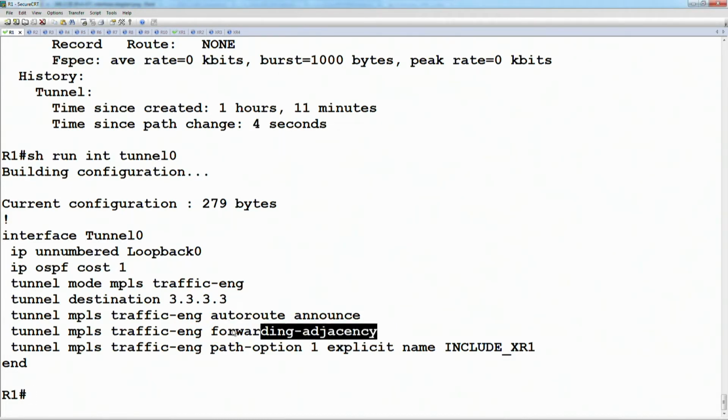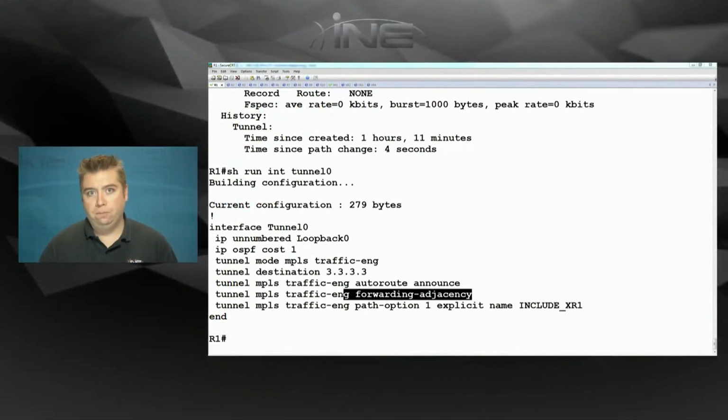Okay, questions on this example with the forwarding adjacency? And there's a question here, is there any reason why you would want to leak the TE path into IGP? Normally not. It is a design option that there might be other devices that are not running MPLS, that are